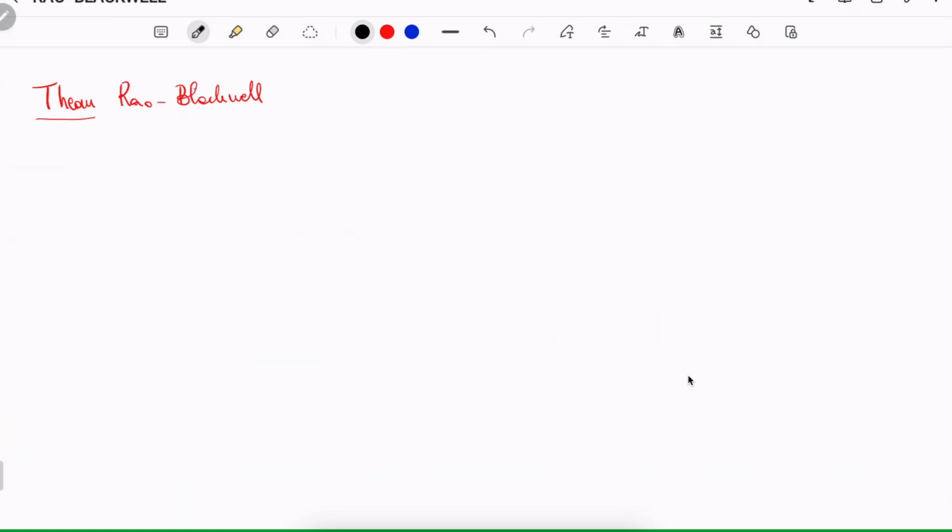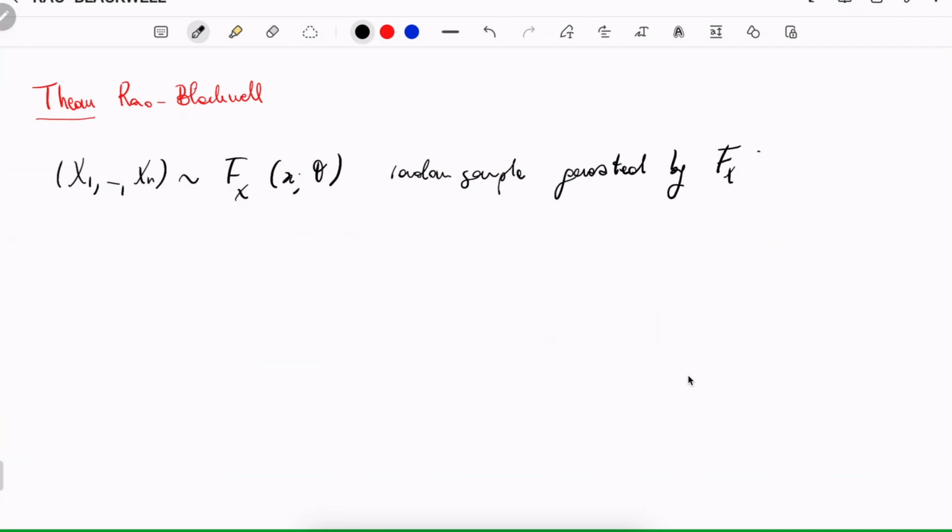Now, before we get started, let me just write the theorem down, and then we'll proceed with the proof and a few observations. This is what I like to do. So as usual, when it comes to mathematical statistics, I like to write it this way. It might not be the best way to write it. By this I mean a random sample generated by this probability distribution function.